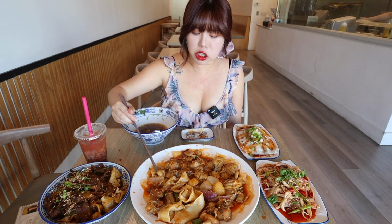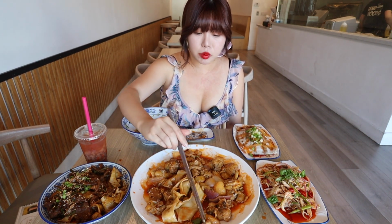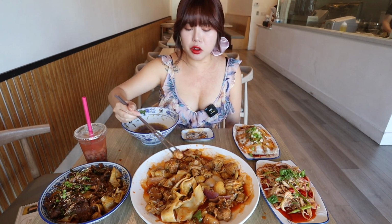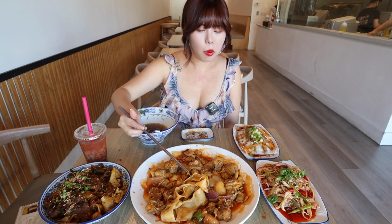You get so much chicken with this dish too. Honestly, it's really worth it. Even after eating all the noodles, you're still gonna have a lot of chicken. Speaking of chicken,